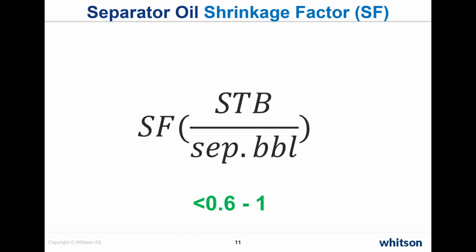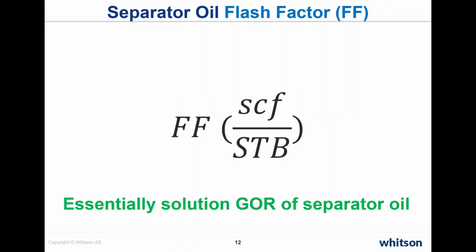0.6 would, of course, be a very large shrinkage, and 1 would be no shrinkage. This number is a function of fluid type, separator temperatures and pressures, and this can, of course, change over time quite dramatically. The flash factor is